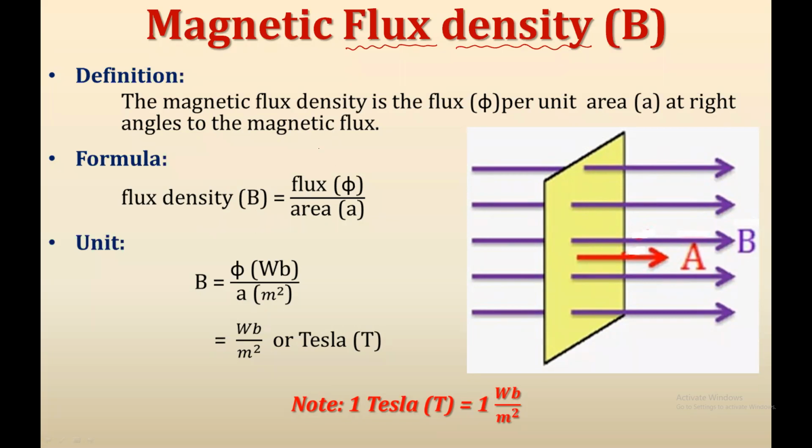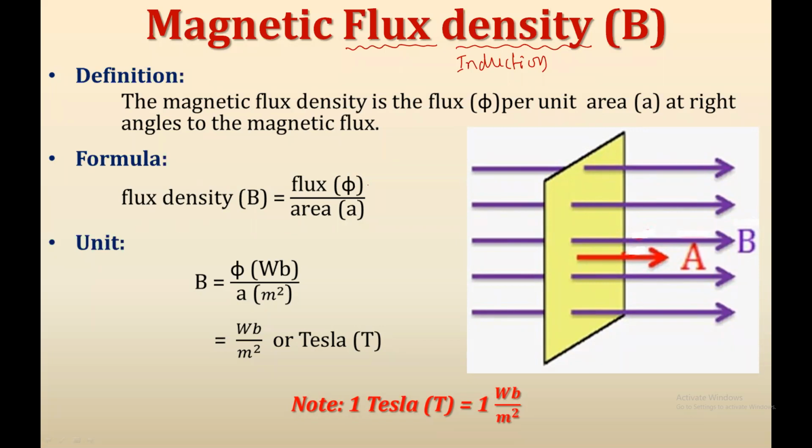So based on that definition, the mathematical formula, a very important formula, is here. This flux density is denoted by capital B, which is equal to flux per unit area. That is called the density. And it is also called the magnetic flux induction. Another name is there. The flux density B is also called an induction. Please try to remember that. The formula is B is equal to phi upon A.